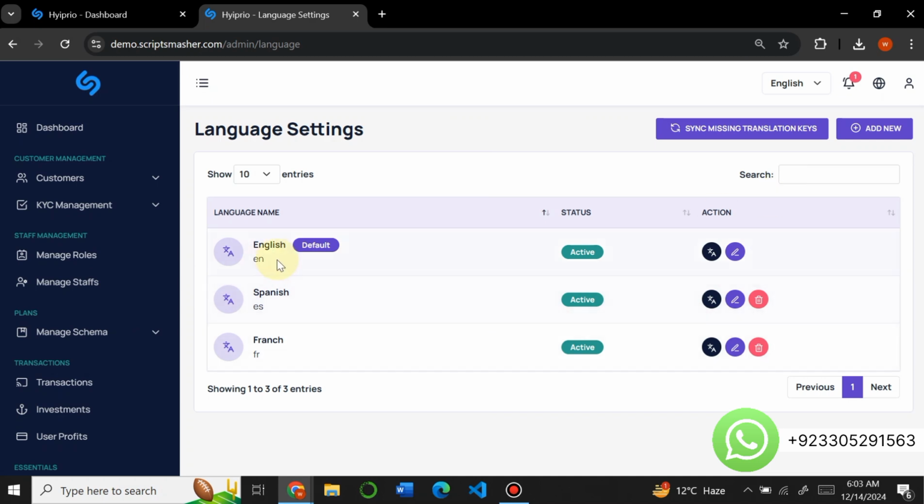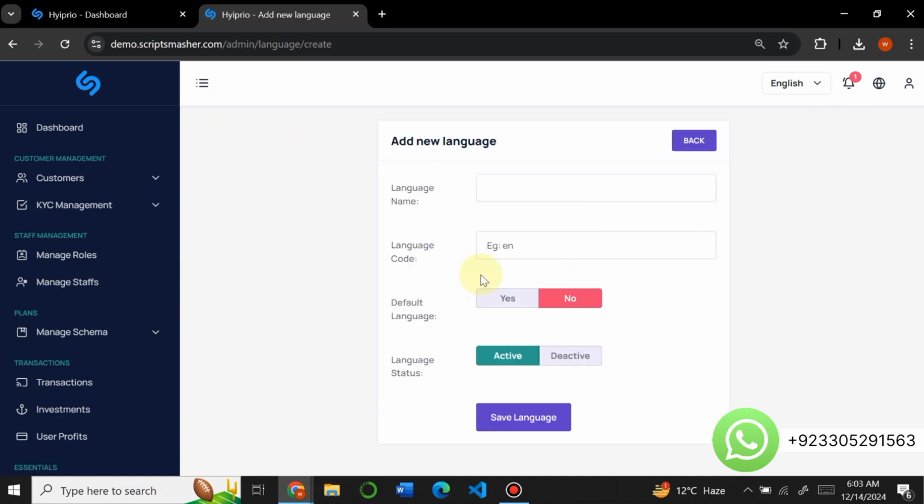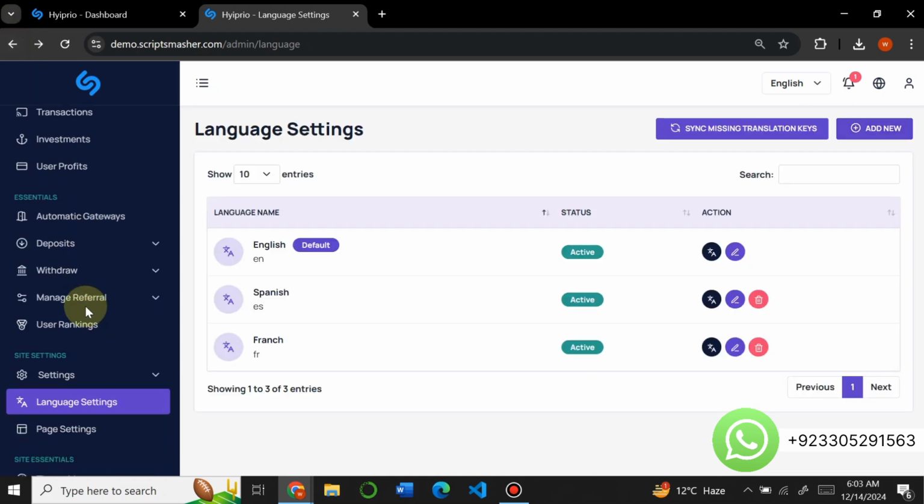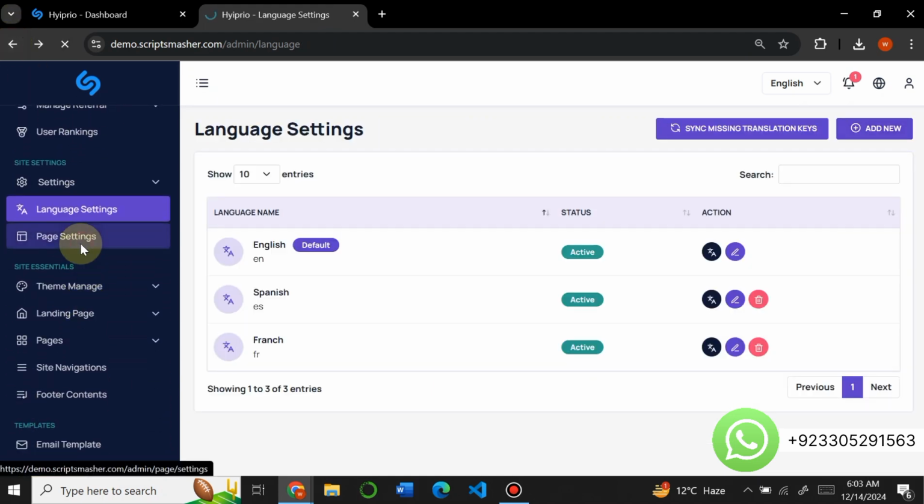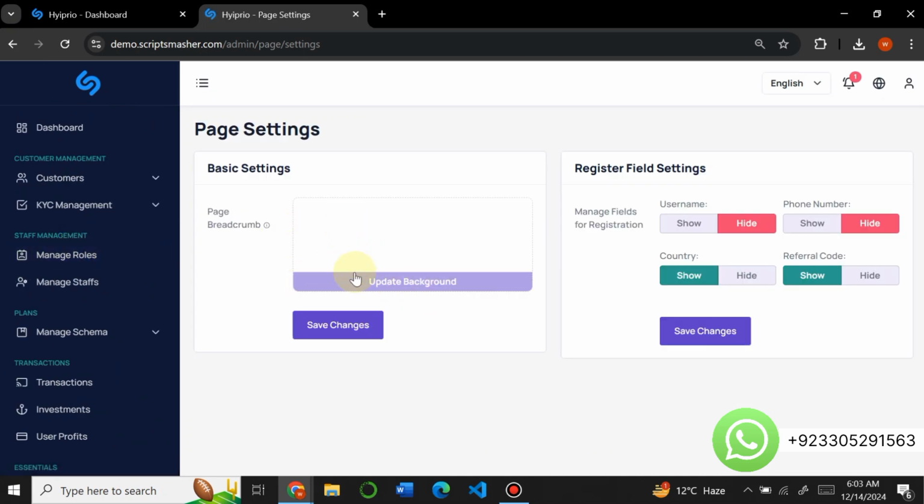So there are multiple languages. If you want to insert your own language, just click on this and you can add your own language from here. So here is the page settings. You can make the basic page settings, like the home page. You can change the background, turn on off different fields, currency, referral code, etc. You can do it from here. In the forms,